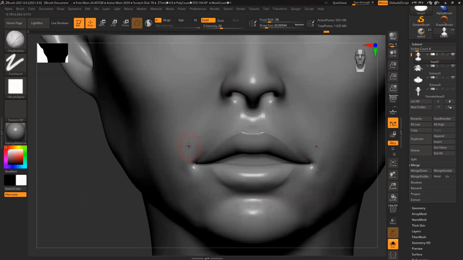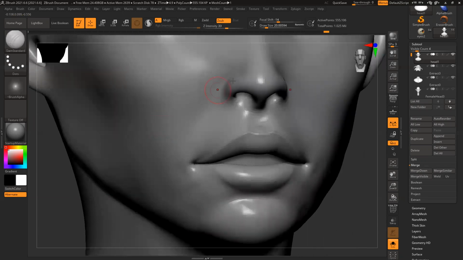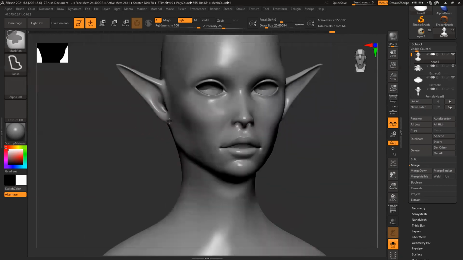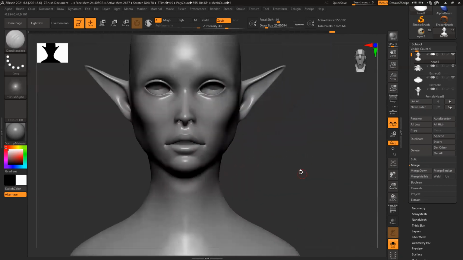And now you have this brush. It's not very prominent, but this shape is visible. Very subtle. Just define those small things.